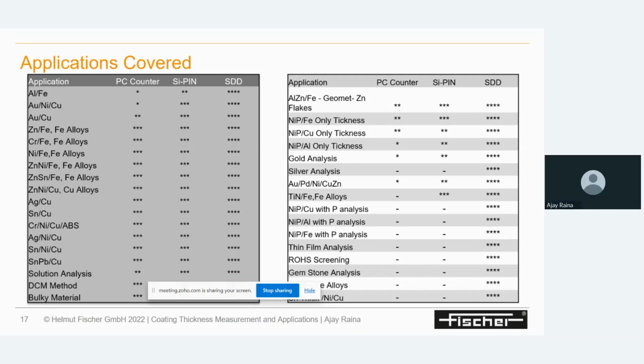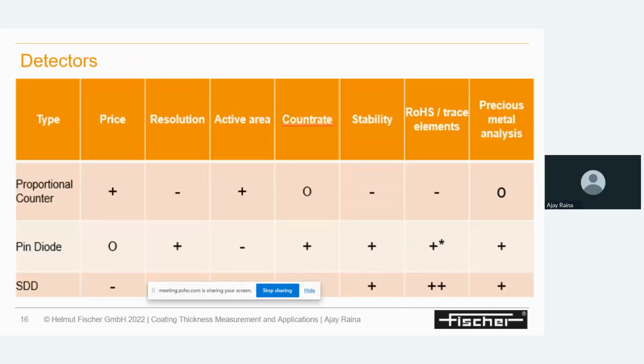Yeah, correct. I'm just coming back to the previous slide, what we have discussed. Say if you have a proportional counter instrument, price wise it's perfectly good. The silicon PIN is a little bit costly, but